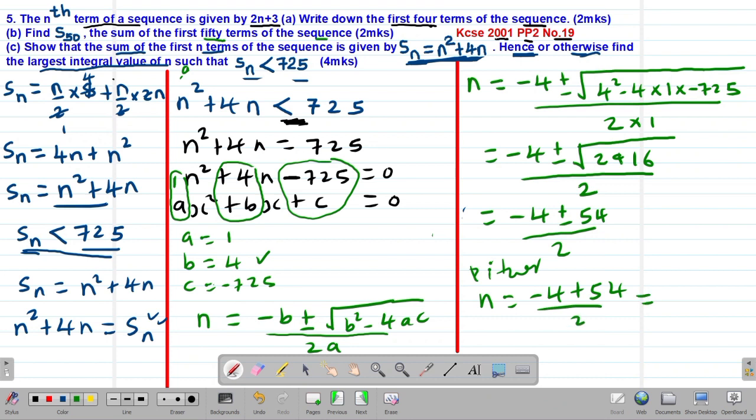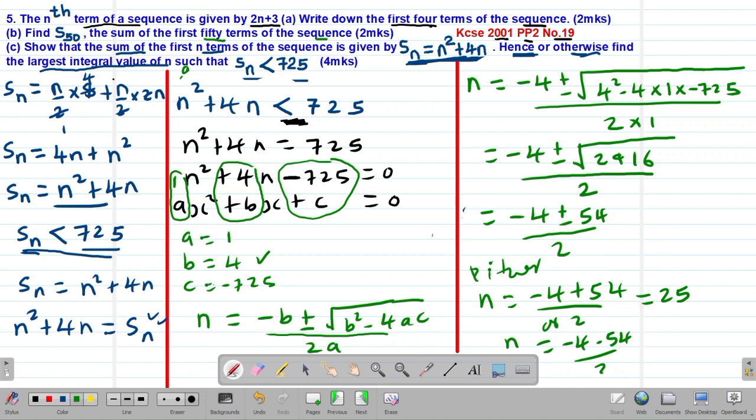Going to give us, so let me feed on my calculator, open bracket, negative 4, then plus 54, then I close the bracket, divided by 2. I'm going to get my answer as 25. So the value of n is 25, or the other possible value of n will be negative 4 minus 54,